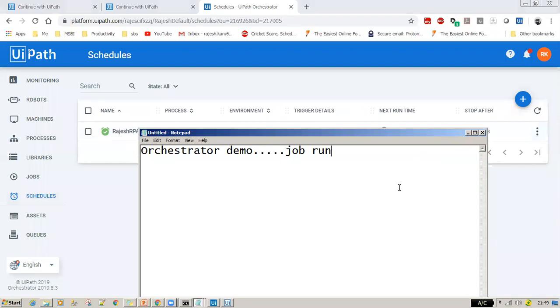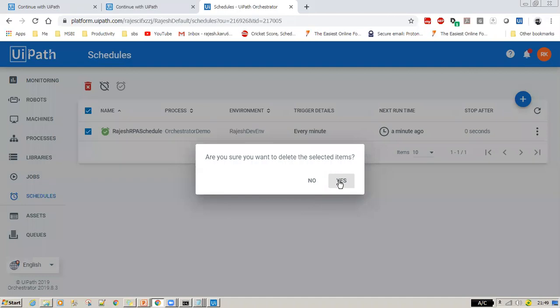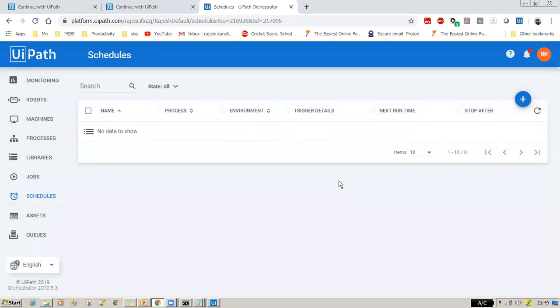Now watch, in a few seconds again automatically the bot will run. See, did it run or no? So that's how they define a schedule. So I'm just removing this schedule. Depending on the frequency of your bot, whatever the design configurations, they make it happen. So the schedule is going to be configured the same way.